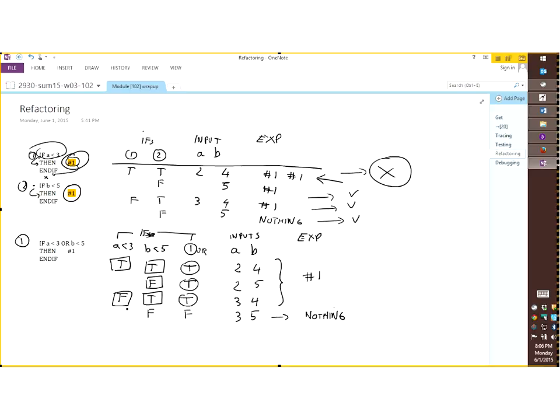Okay, so it took a little bit of time, and it's one of those things where if I give that specific problem to all of you at an exam, somebody can get it right immediately. Somebody can have to do the table to get it right. Somebody can try to skip the table and get it wrong. But the funny thing is that if I gave the same problem to all of you multiple times, let's say this year and next year, it's not even sure that consistently the people who got it wrong would get it wrong the same way. And that is a problem with skipping steps and trying to overthink it, in a way of speaking.